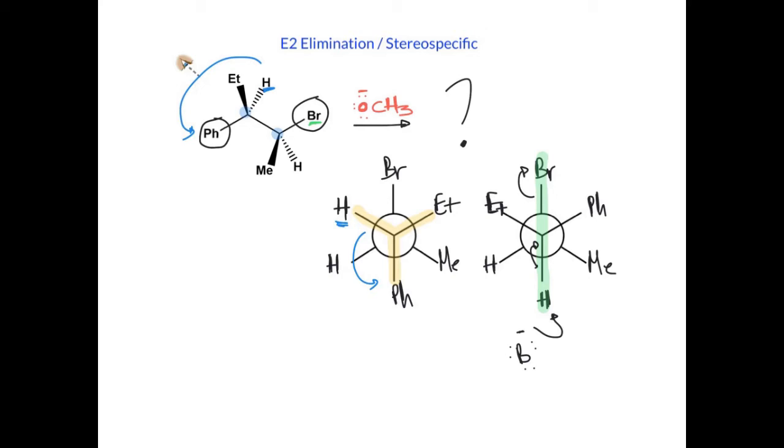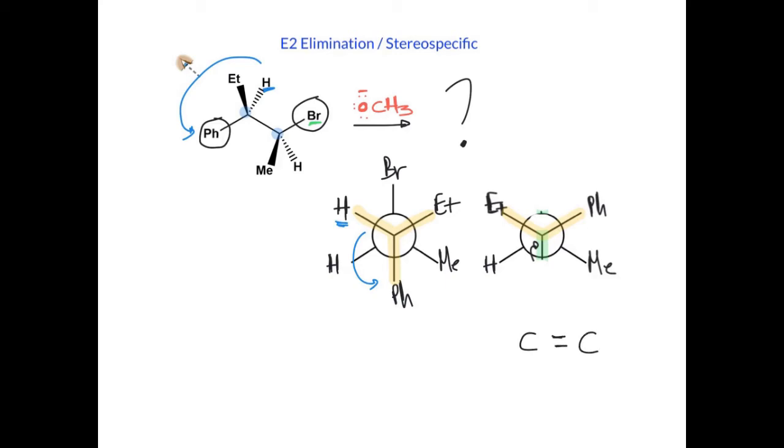So if we delete those, in that case we will clearly see that we're going to form the alkene, and let's highlight now the front carbon. The front carbon we're going to have an ethyl and a phenyl, and the back carbon we're going to have a hydrogen and a methyl. So we simply need to draw the alkene,